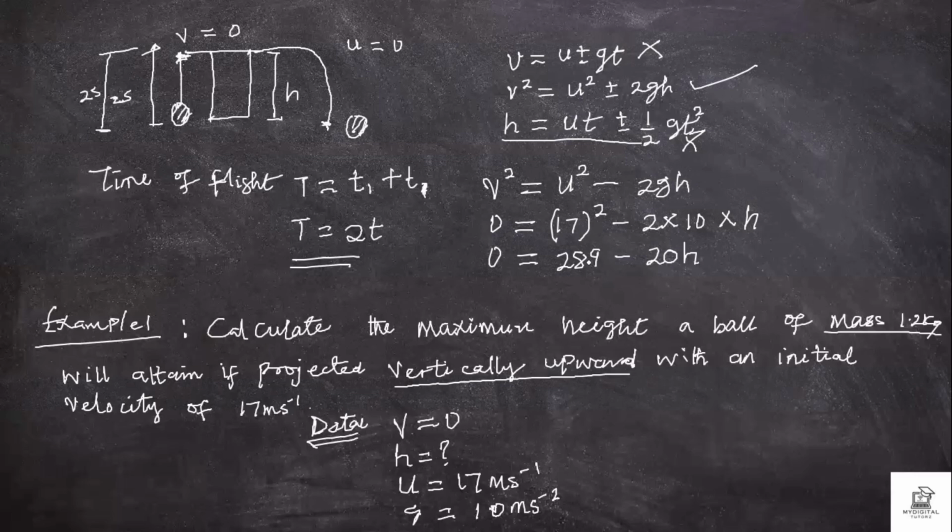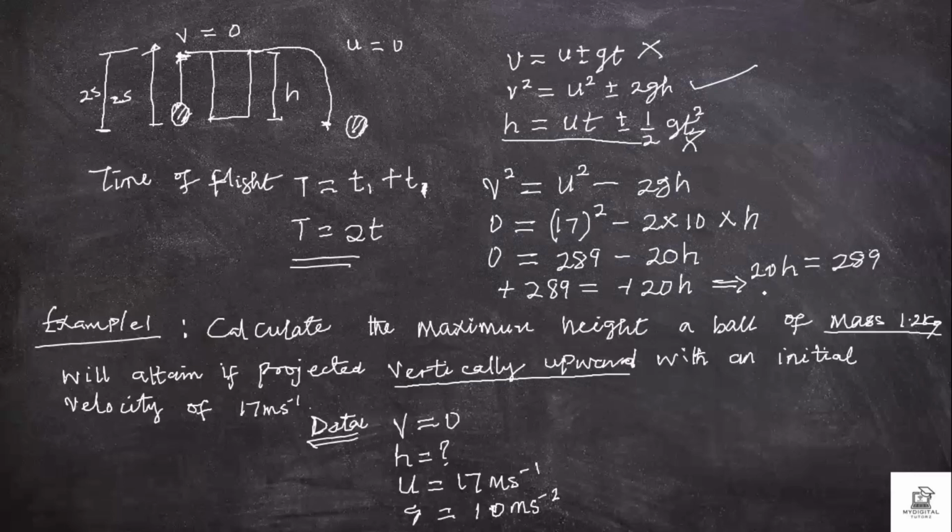Now, this one crossing the equality sign changes to minus 289 is equal to minus 20H. So minus, we cancel minus. That implies that we have 20H